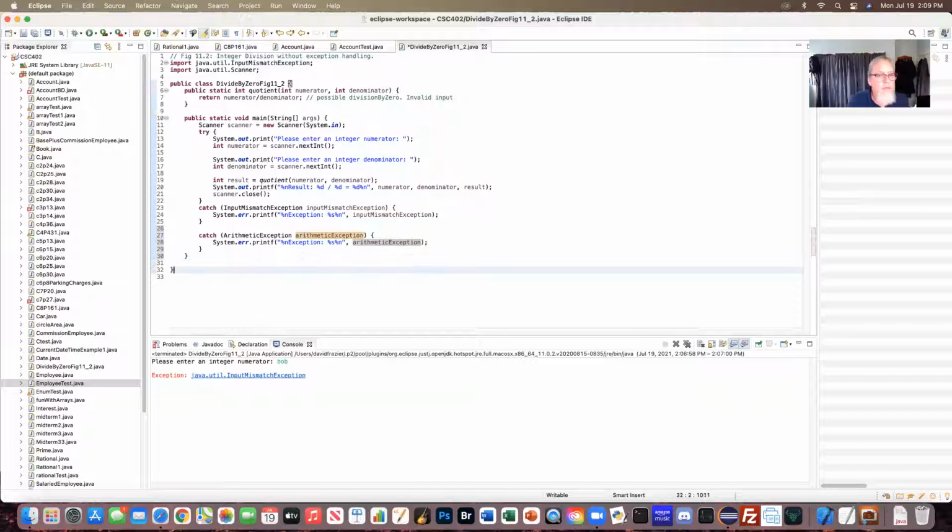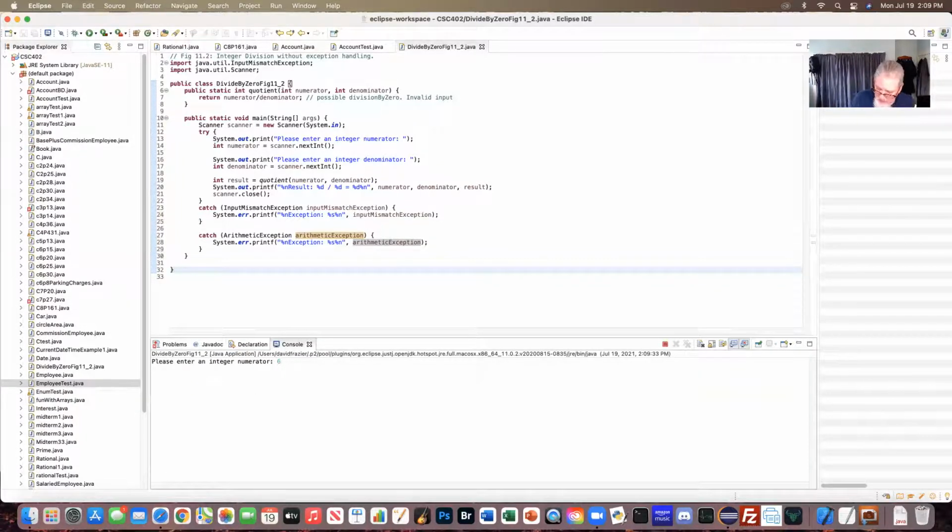class. Okay, so now if I run this like this and enter a 6 and 0, that's going to give me that divide by 0 error. Okay. Again, we haven't caught the error. I mean, we've caught the error. We've exited gracefully. But if we want to give the user the ability to do something else, okay, what happens